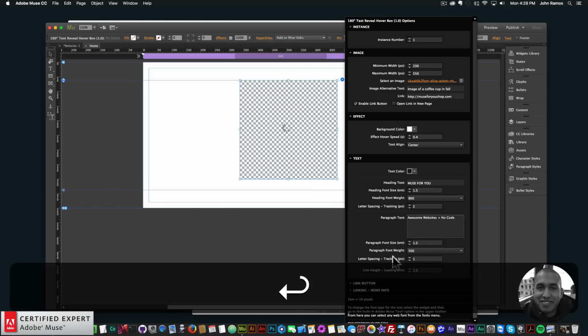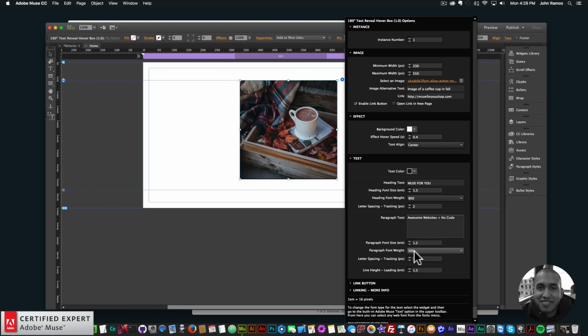I'll say 1.2, and the paragraph font weight is at 500, so it's a little bit bolder than normal. And the letter spacing, I'll say 2 pixels as well. So you have a lot of control over how the text will look within the hover box. And then for the line height, we can change the leading, the line height and the leading. So that's the distance between the lines of text within the hover box. So 1.5 I think is good, and we can adjust this if it looks a little bit too close there